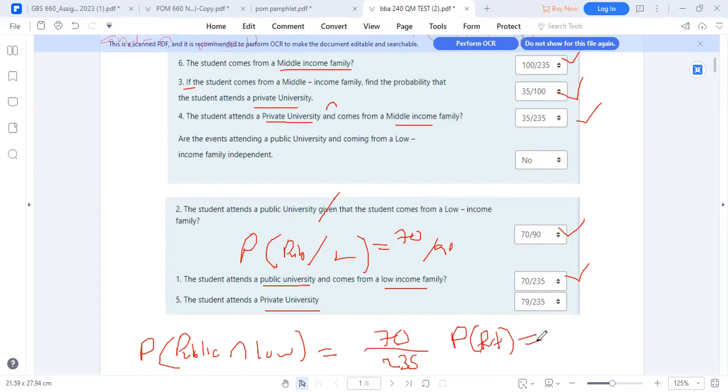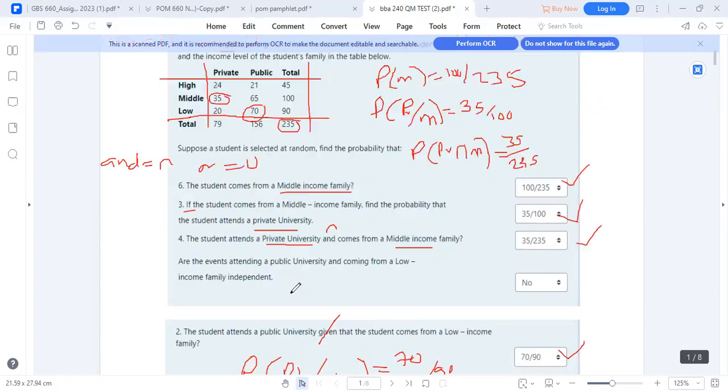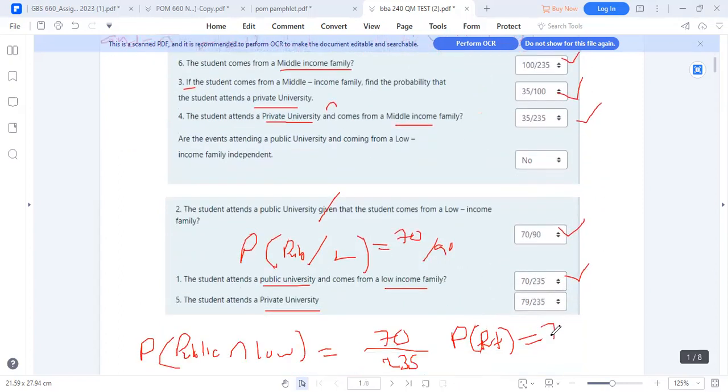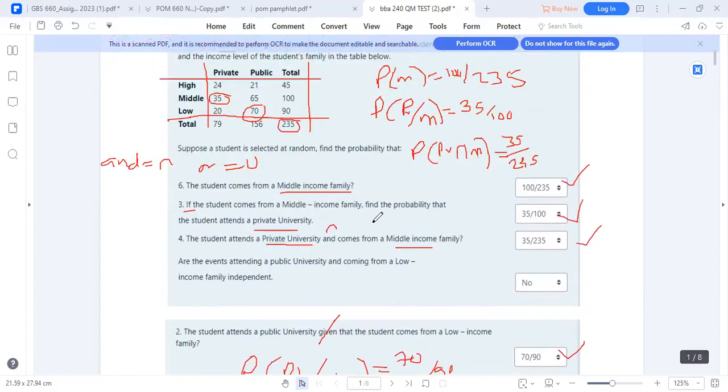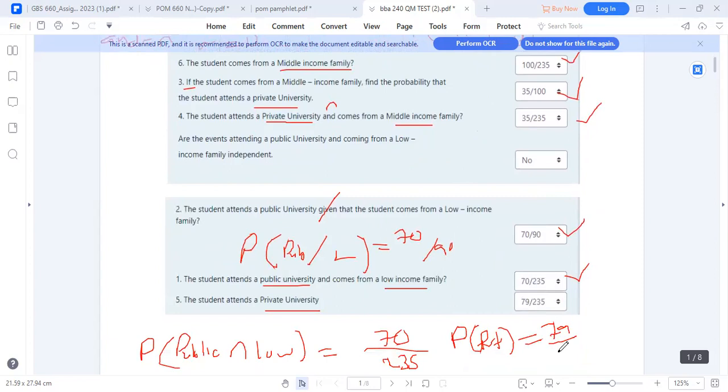So what was the total for private over the sum total? So private is what? 79 over what? The sum total of everything, which is what? 235. So this is a very complex but easy way of finding probability. Have we understood it? Yeah. I joined late, but